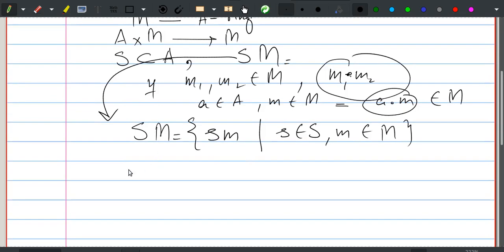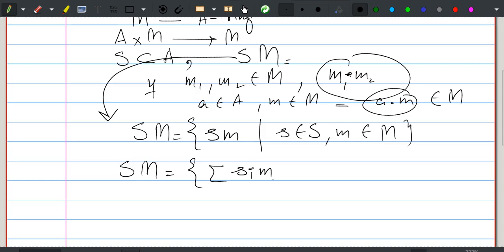However, if we define the same set like this, as the finite sums of s_i m_i, where i runs from 1 to n, where s_i is in S and m_i is in M,